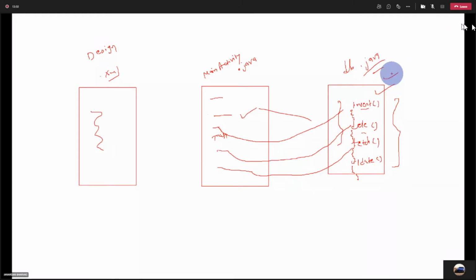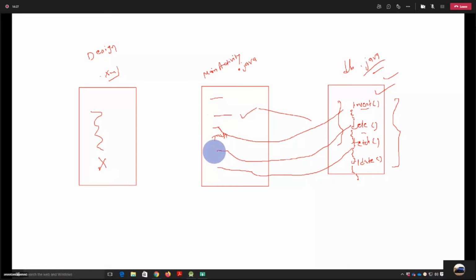So for our first, that is for this lecture, what we will do, we will try to create a database and table. And for creating a database and table, we don't require to design anything inside this XML file for now. ठीक है, अभी के लिए हमें कोई डिजाइनिंग की जरूरत नहीं है, क्योंकि हमें डेटाबेस एंड टेबल क्रिएट करना है, दैट्स इट। हमें अपडेट इंसर्ट डिलीट कुछ नहीं करना है, जब करेंगे तब देखेंगे। ठीक है।